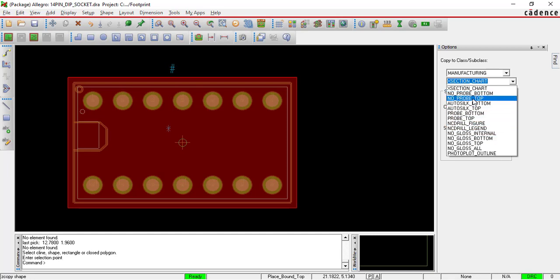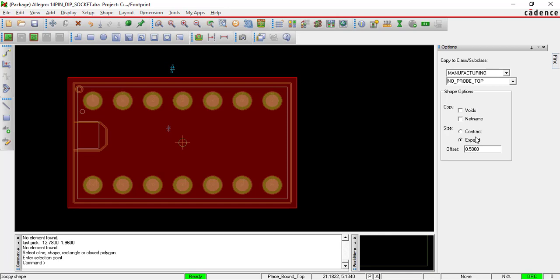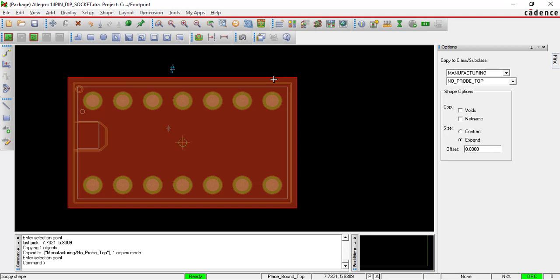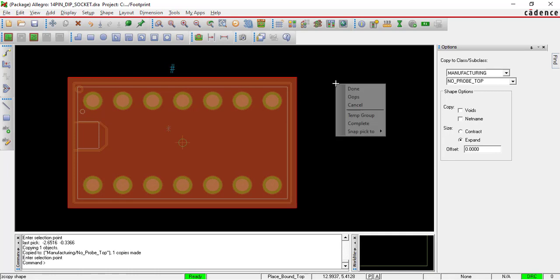Where is the no probe top? Yeah, here. And we have to do expand, and here we have to make it 0. Now we have to click on place bound top. We have clicked. Now it is one more layer created. See here, manufacturing layer copied and made.